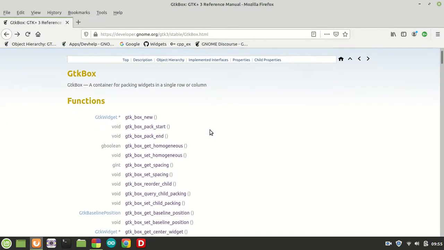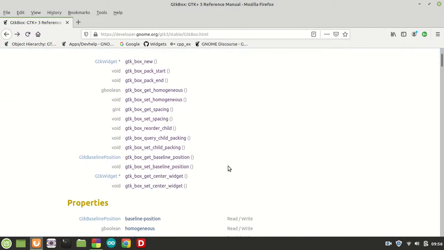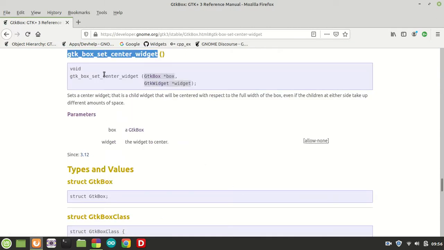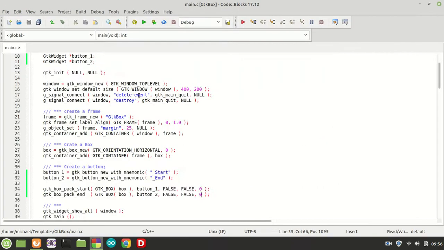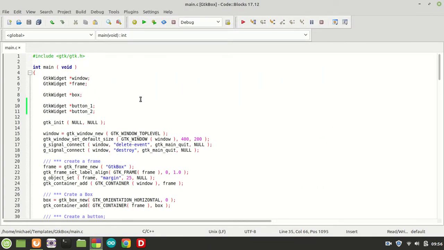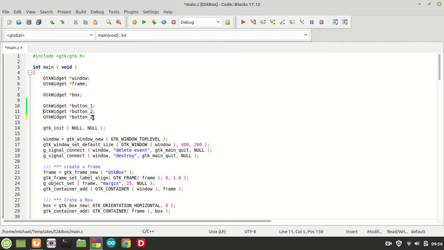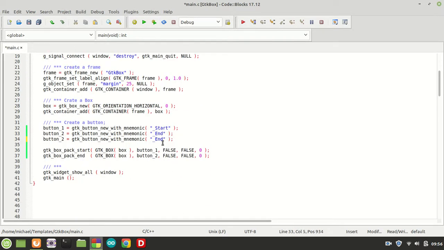The next thing I'm going to introduce to you is another function which is very important for you to understand. There is also another one which allows you to set a center widget as well, which means you can put a widget in the middle of your box and it stays there whether you make changes to the box or not. So I'm going to create a third button. I'm going to call it button 3. Its name will be center,